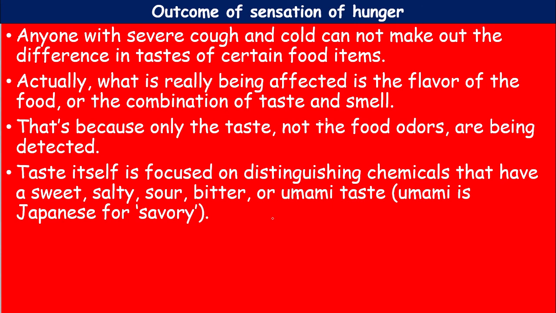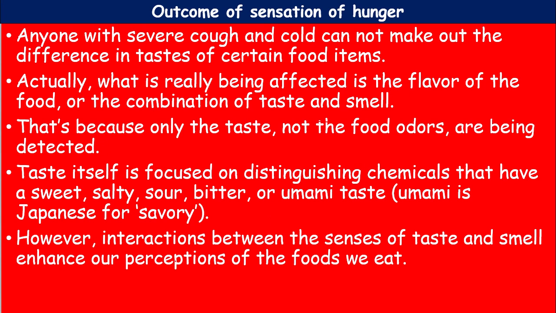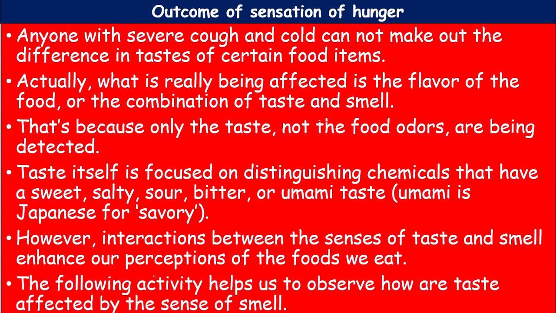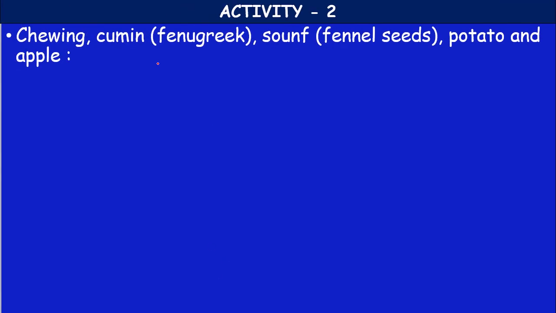Okay. So, the tongue is a particular sense organ which possesses the taste receptors on it. However, the interaction between the senses of taste and smell enhances our perceptions of the food we eat. So, another activity will help us to observe how the taste is affected by the sense of smell. Okay, let us see activity 2, chewing,